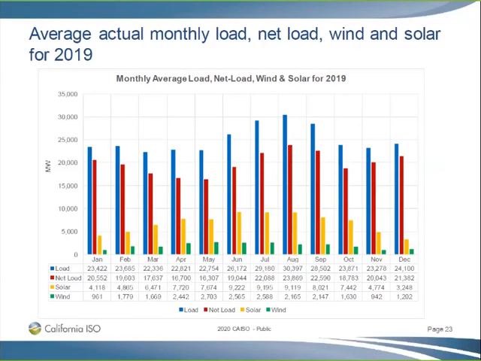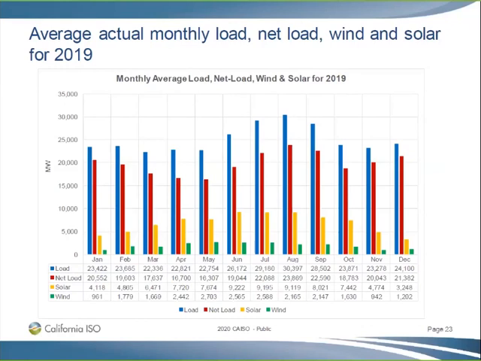So 3-hour ramps really occur during sunset when you lose all of that solar. When you lose the grid-connected solar, you also lose the rooftop PV. We have to estimate how much rooftop PV we are going to lose, because you have to make that ramp up, not only for the grid-connected resources, but for the rooftop PV that you're going to be losing. And again, that's embedded into this analysis.